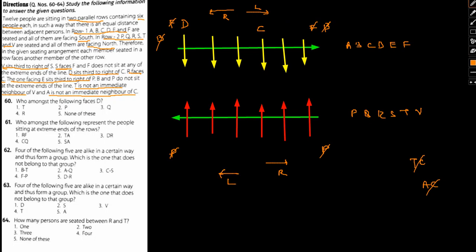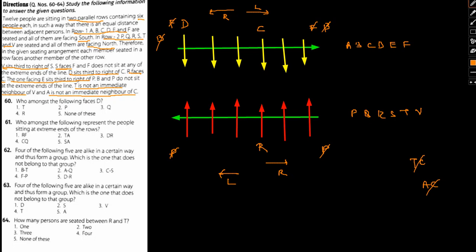Just a general idea. Now, R faces C, so let this be R. V sits third to the right of S, so V can be anything, P can't be there. T is not an immediate neighbor of